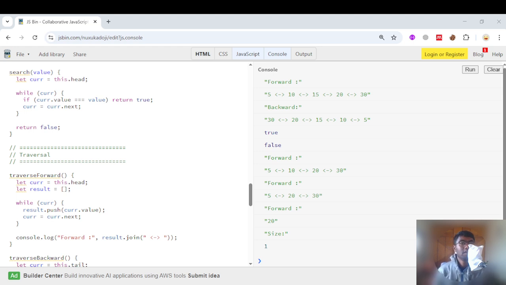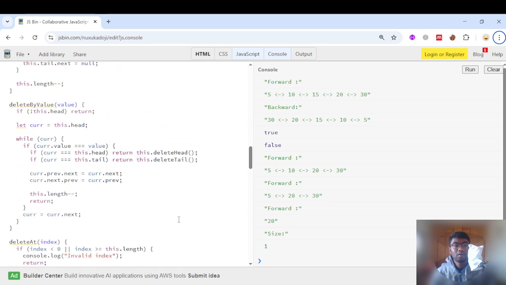So for us, let's say delete at a specific value, we take in the value and we iterate the current pointer which starts at head, and run it all the way till